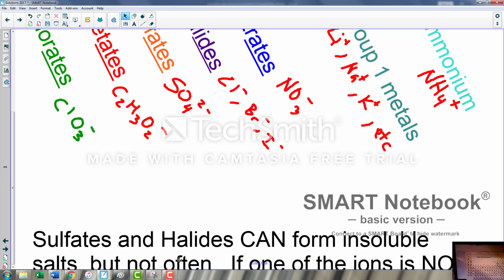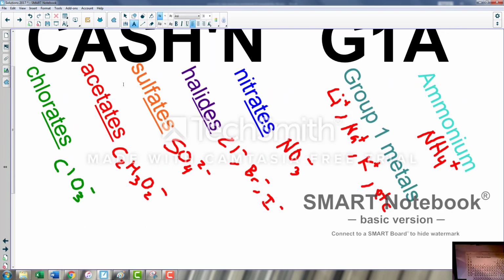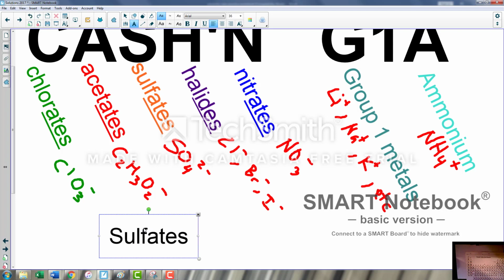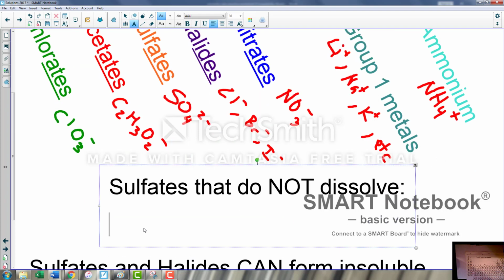I'm going to scoot this down so I can write some exceptions in here. There are a couple sulfates that do not dissolve. Sulfates that don't dissolve would be anything with a group 2 metal of calcium or below. So that would be calcium 2 plus, barium, strontium,